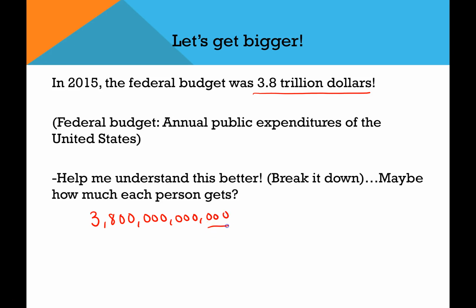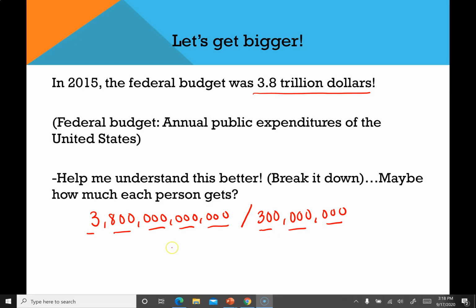So this is going to be hundreds, thousands, millions, billions, trillions. And we're talking about taking that amount of money and dividing it by our U.S. population, which is roughly 300 million. Hundreds, thousands, millions. So let me do that math real quickly. And I get